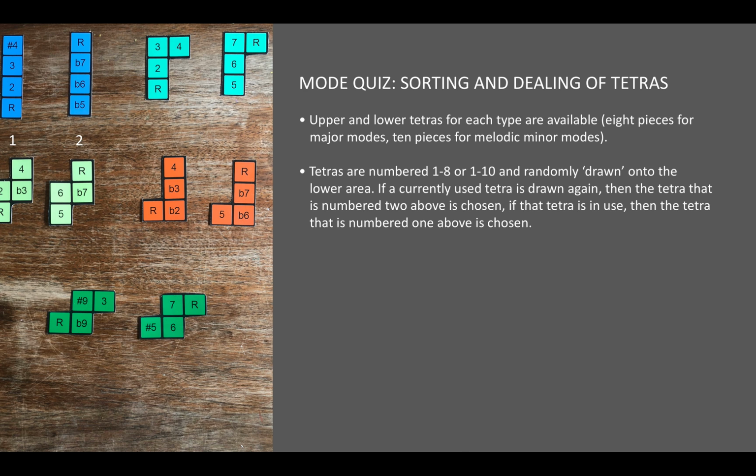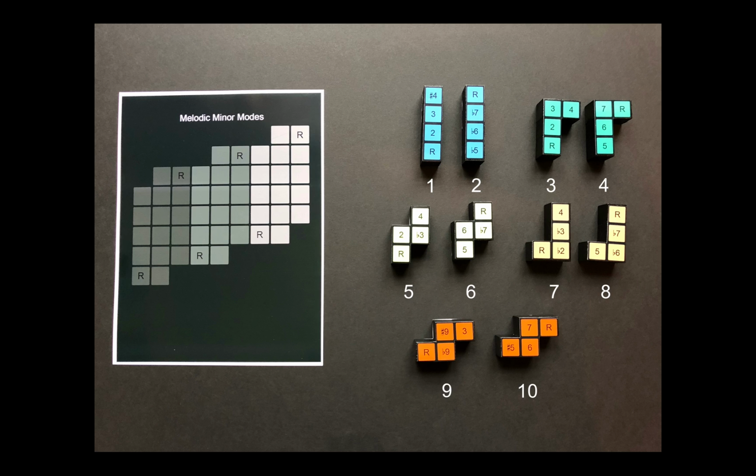So let's go right here. If we look here, there are 10 pieces. There's the whole tones, 1 and 2, the major, 3 and 4, the minor, 5 and 6, Phrygian, 7 and 8, and 9 and 10 are diminished. So in beta testing this with other classmates, what I did was I started off using upper and lower